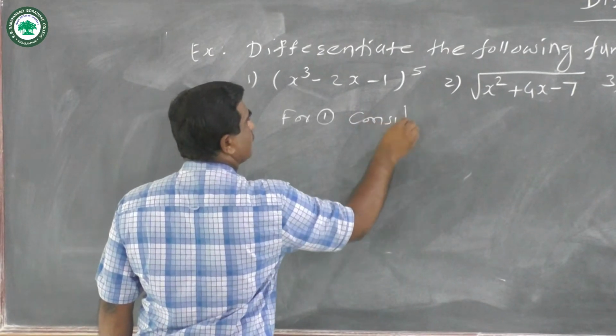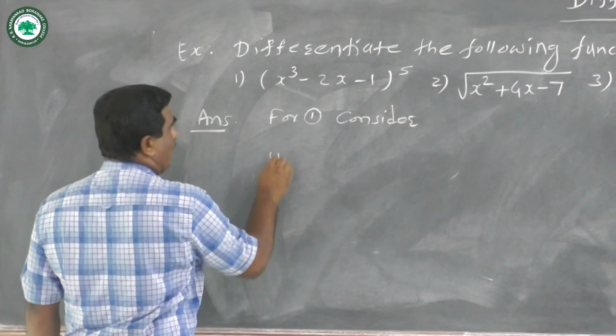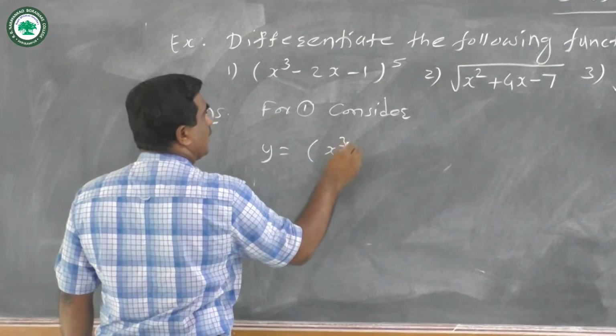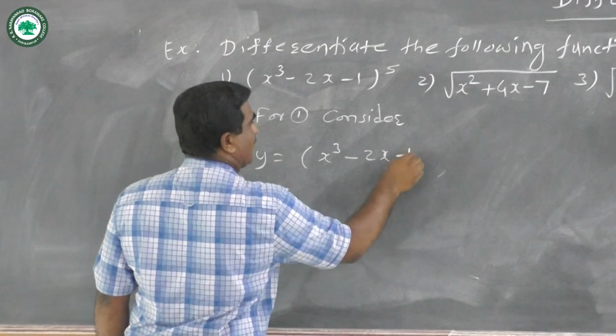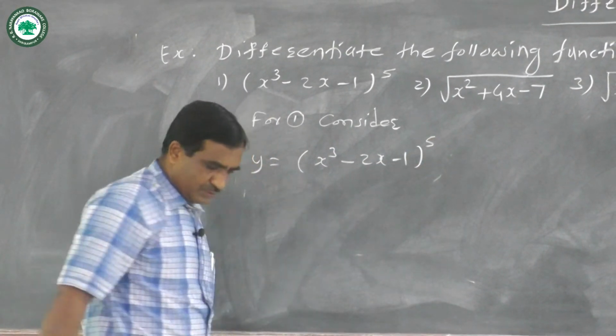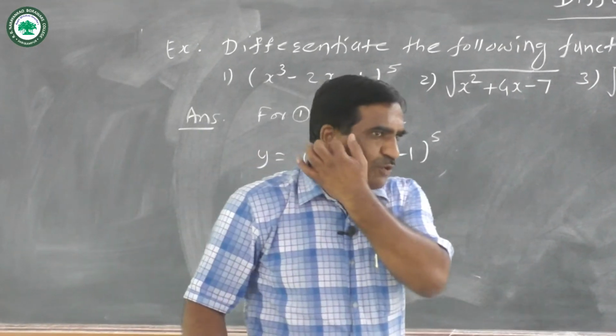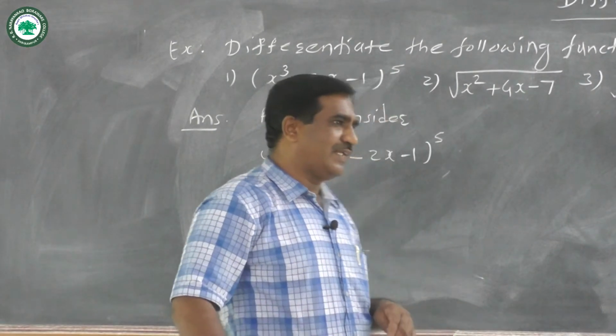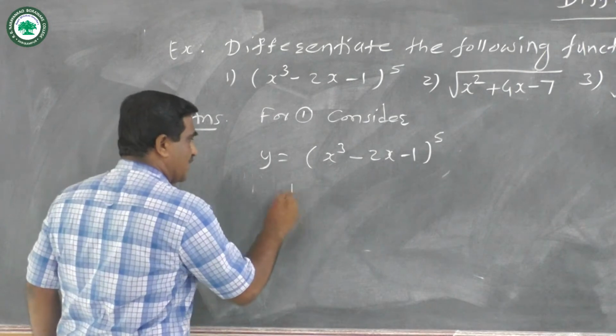Consider y is equal to (x cube minus 2x minus 1) bracket raised to 5. Now this is the composite power function. We have to find the derivative, therefore differentiate